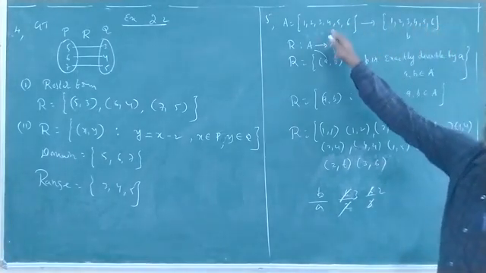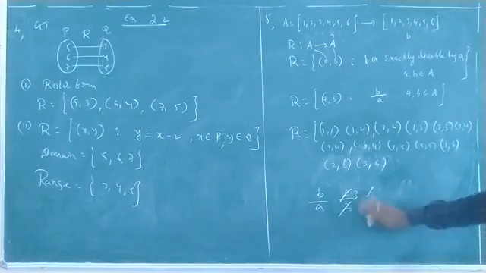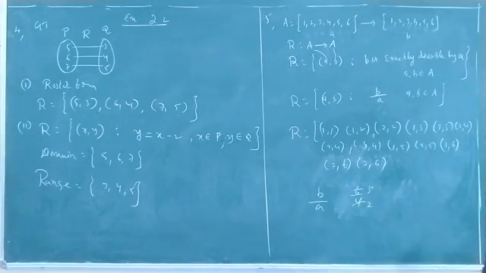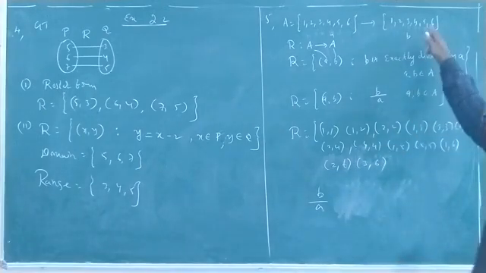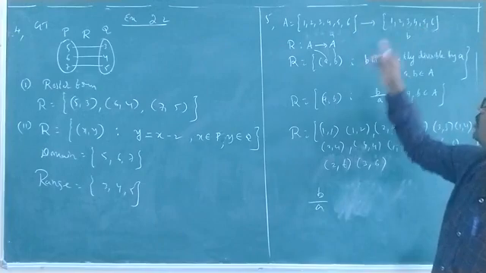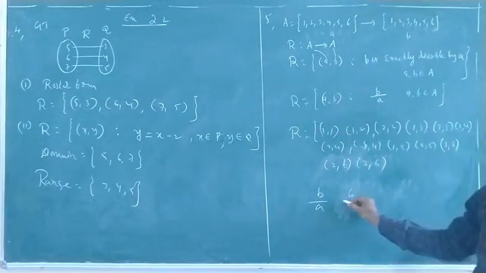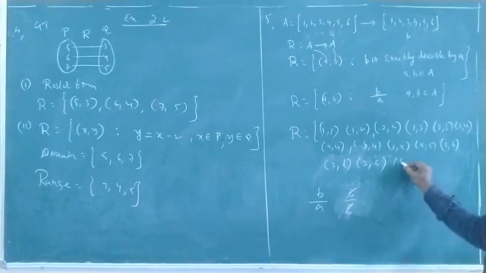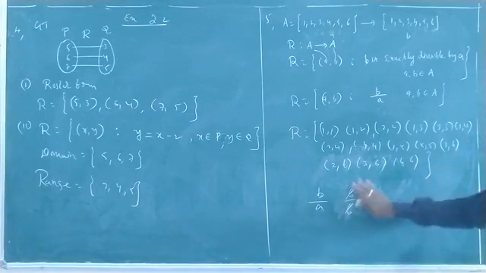6 by 4: 2 cancels 2 times, so it also does not divide perfectly. You cannot take it. Next, 6 by 4 is over. 6 by 5? No. 6 by 6? Yes. Both will be cancelled. A is equal to 6, so B also 6. (6, 6). Understand?